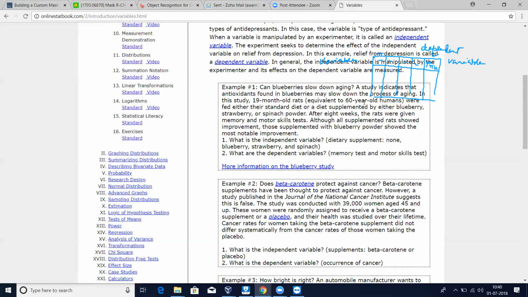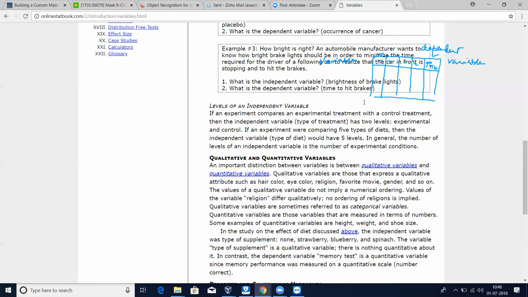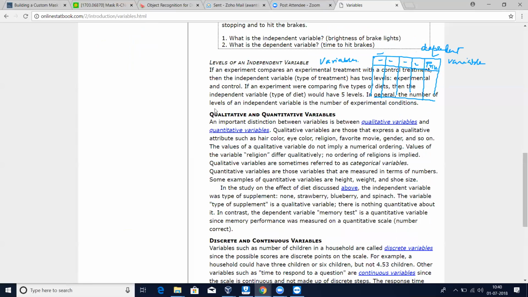Since your price is dependent on your square foot area, because your base price multiplied by square foot will give you the actual price, your price becomes the dependent variable. Got it, right? So you use the terms that way. In supervised learning, we'll see later on that we are trying to predict the dependent variable.